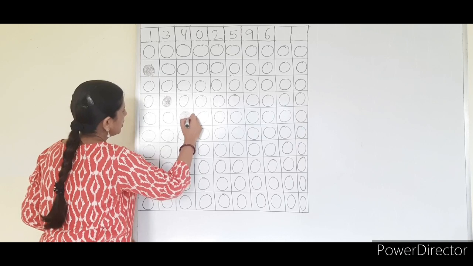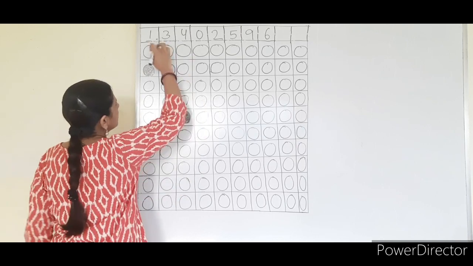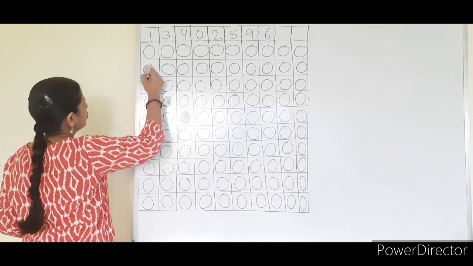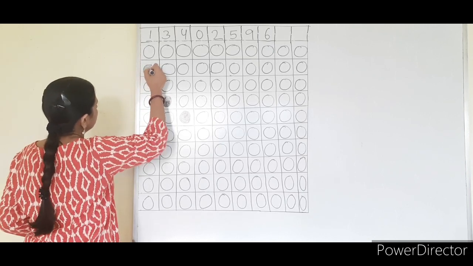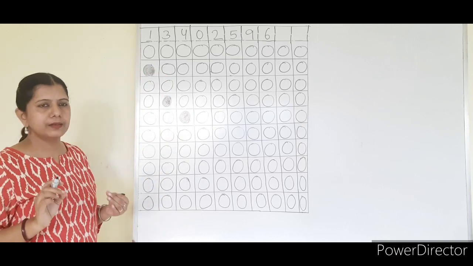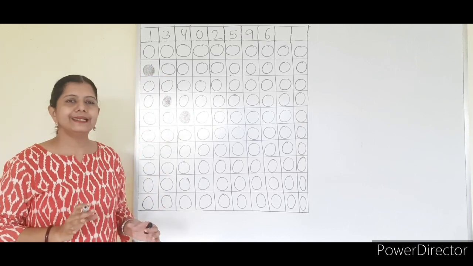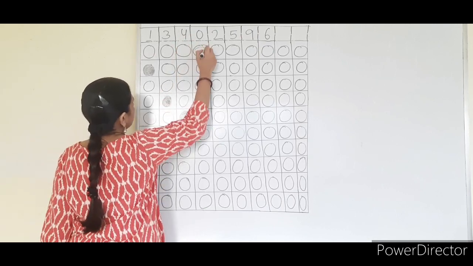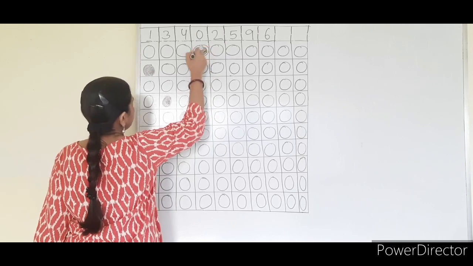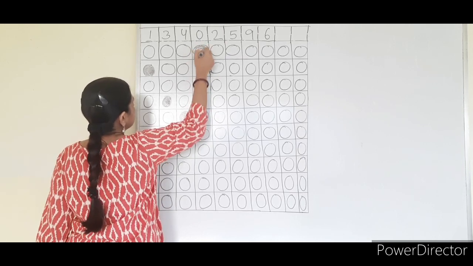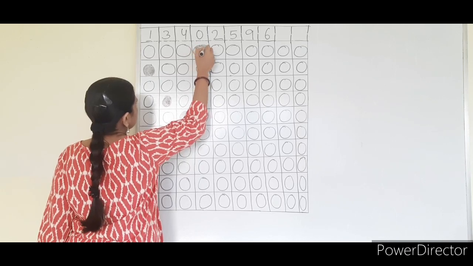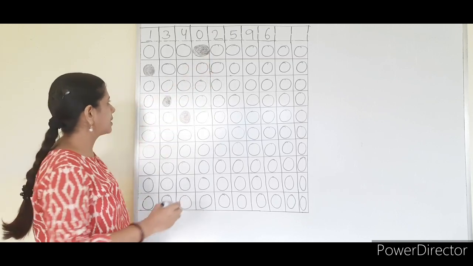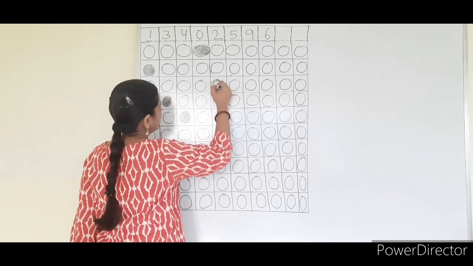In this way you have to proceed. Here the boxes will be there for writing the roll number. First you write the digit, and then you fill this one. Actually my marker is not working properly, but you have to fill it completely dark. Now this one is 0. Fill this box. The first box is for 0. Fill it completely. So 0 is completed. Now the next digit is 2: 0, 1, 2. This one is 2.